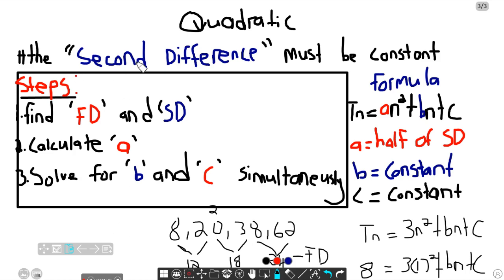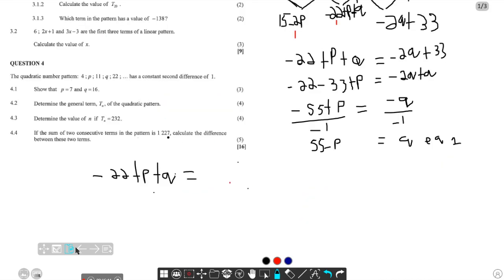The rule says that the second difference must be constant, meaning the value here is equal to the value here, which is equal to the value here. That's why I equated even in this first step, because the second difference must be constant. So I'm going to put 15